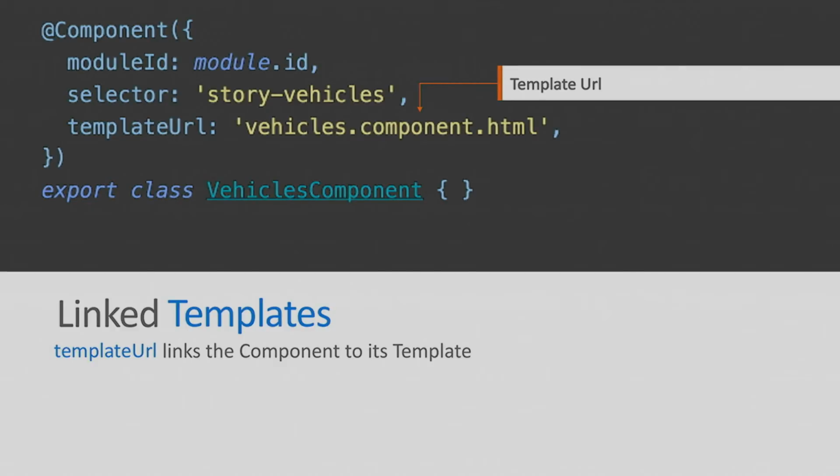Now, remember that optimization step I mentioned really early on? Part of what that does is it takes all the HTML and shoves it back into the file when we're done and optimizes how the binding syntax works. But when we're coding, we don't want all of our code in the same place. We want to separate our HTML from our TypeScript and make it easier for us to read. So that's what we do here. We say, OK, here's our TypeScript. Here's our HTML.